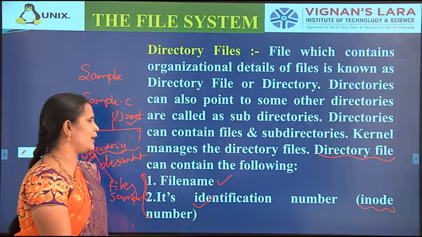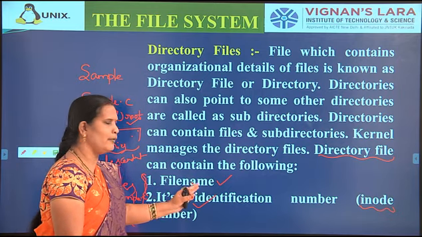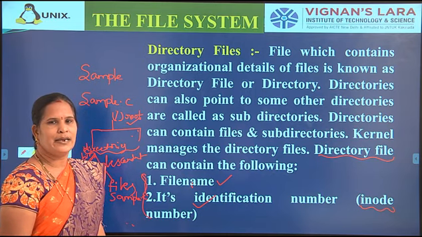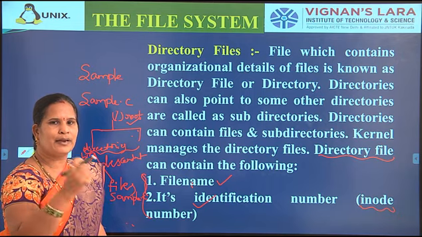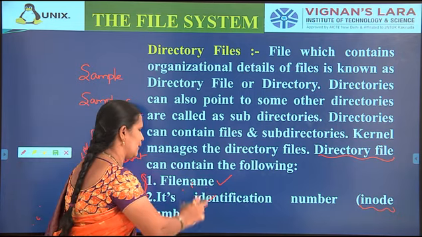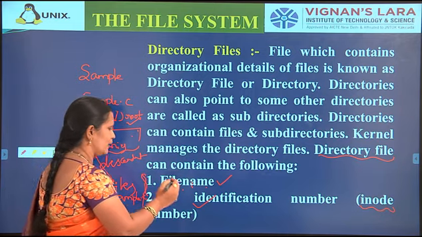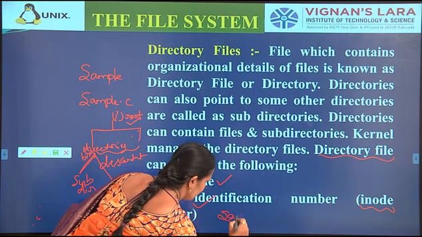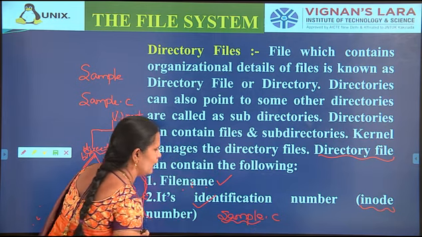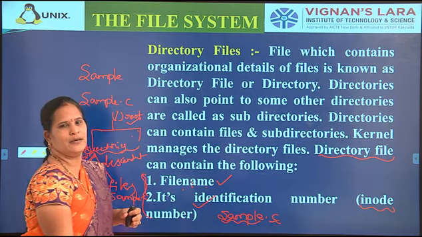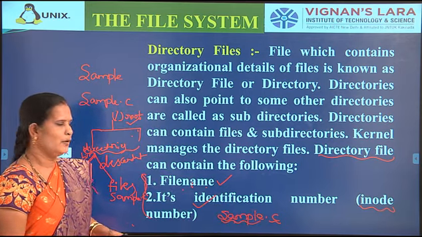Each and every directory file contains information about files. That information is the file name and the file identification number. Each file can be identified by its identification number and recognized by its file name. Each file can be saved only by using a file name. For example, here I am creating sample.c, meaning I created a C program file and saved it using the file name sample, and the extension of a C program is .c. Sample indicates the file name and C indicates this is a C program. This is the identification.